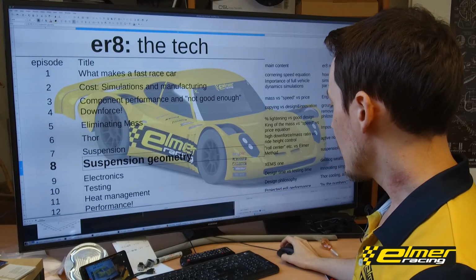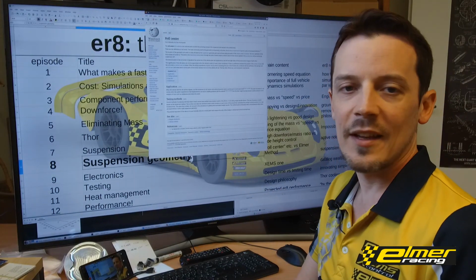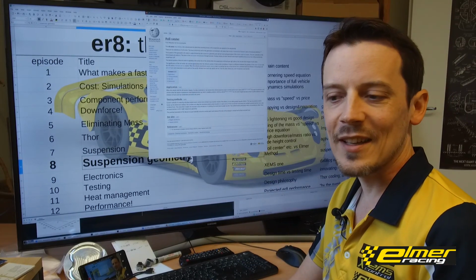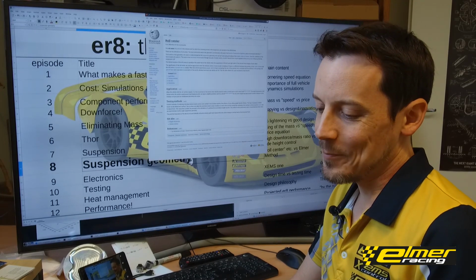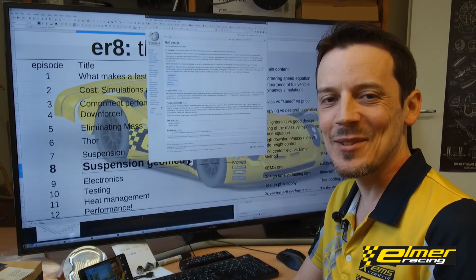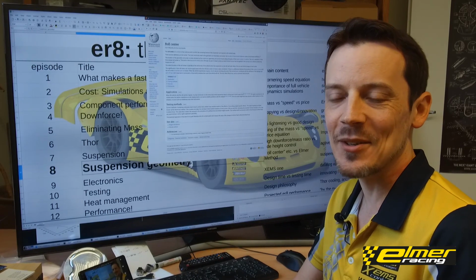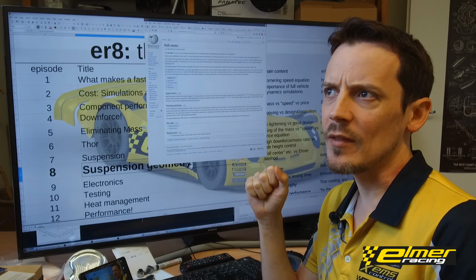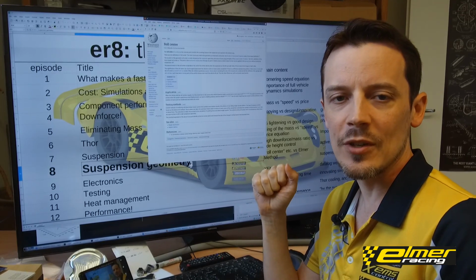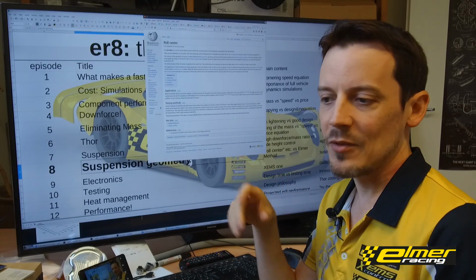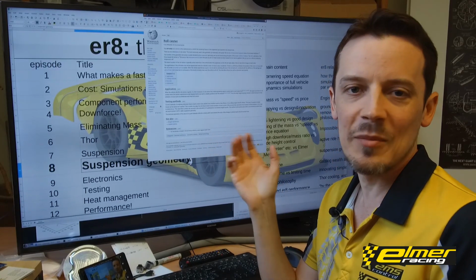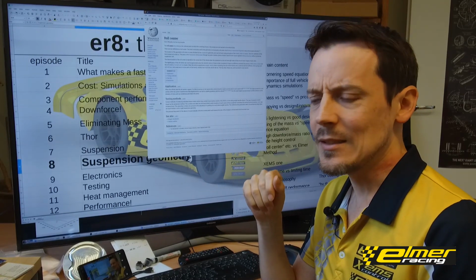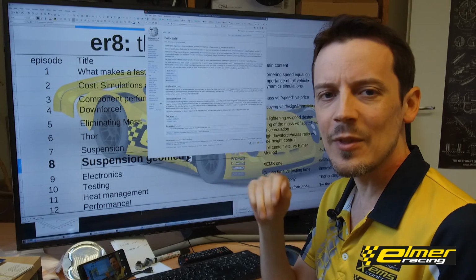Traditionally, people use roll center things and stuff like that to figure this out, and that's not what we use here at Elmer Racing. Let's just say that. If you calculate your roll center, and I'm actually not sure what sort of values are used these days, it's been quite a few years since I've used this technique. If you have a roll center of, say, 40 millimeters, then what does that really tell you about your suspension setup? Not much, maybe something, but